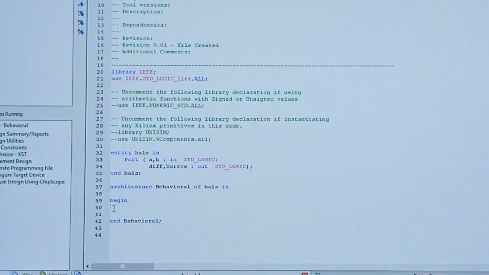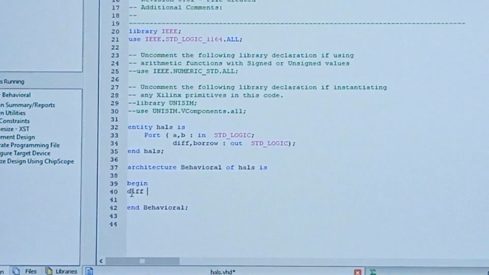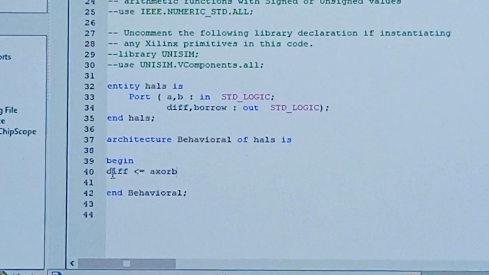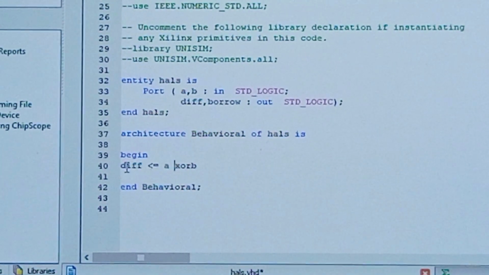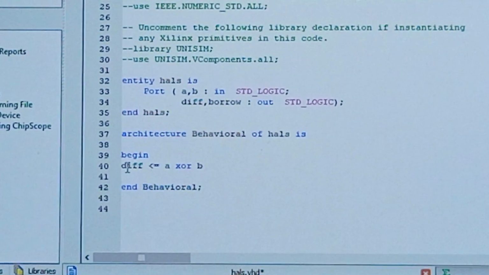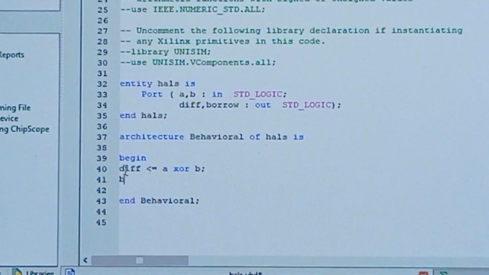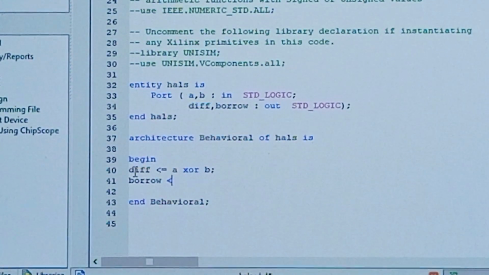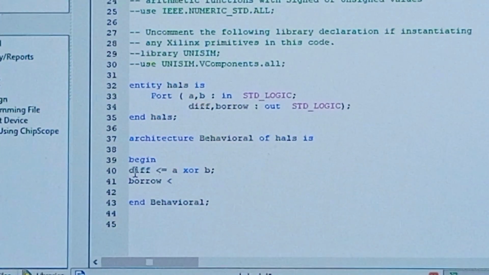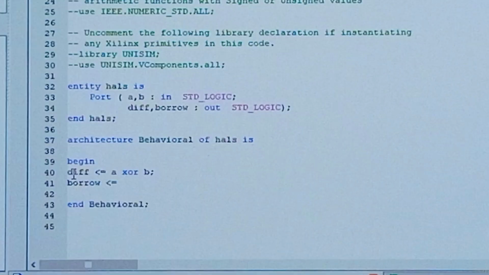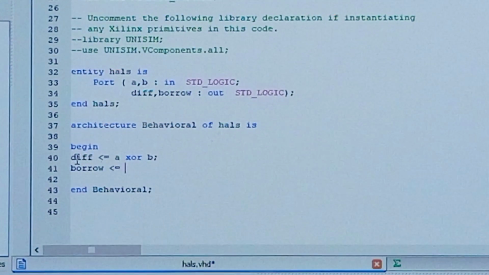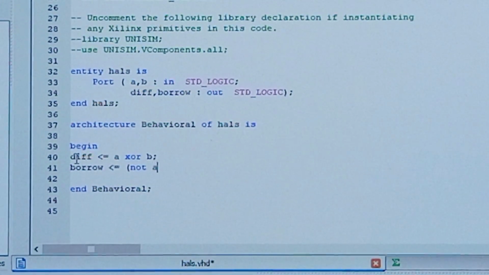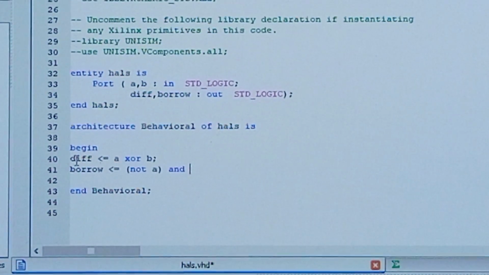Write the code here. Difference, that is A XOR B. Use semicolon. Next, borrow, A bar and B. So it is written as not A, that is A bar, and B, semicolon.